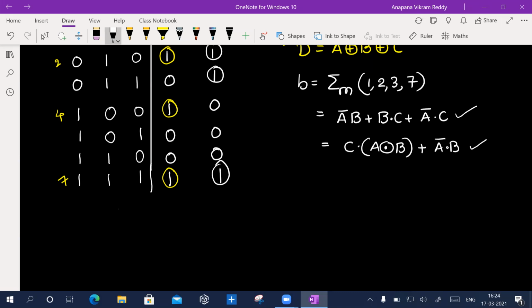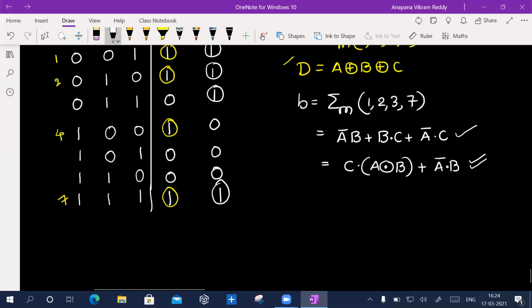You can implement this one in terms of logic gates. So there is no mistake in that place. It's not that everyone should do the second one. You can do whichever you want, but the functionality, I mean the output, must remain the same. Whatever you do, however you implement, output must be the same. But the best design involves less number of logic gates. So always you have to look to that. If I'm using more number of gates, then there is no use of my help to the company or to the industry.